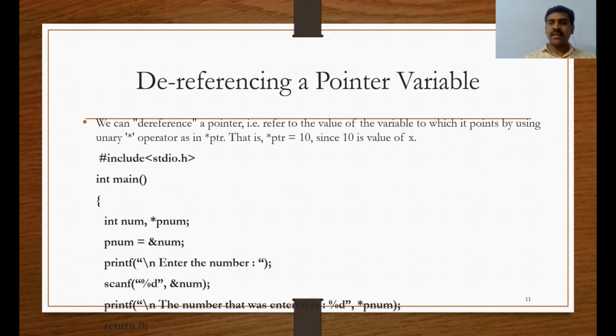Now remember how to access: we refer to the value of the variable to which it points by using the unary star. This is called the indirection operator. How to use it? Simply by putting star before the pointer. Now we are going to see an example program.